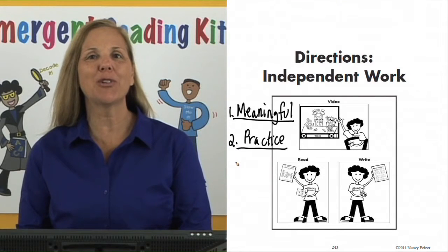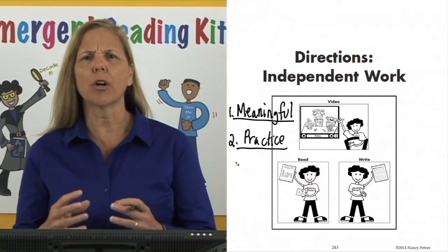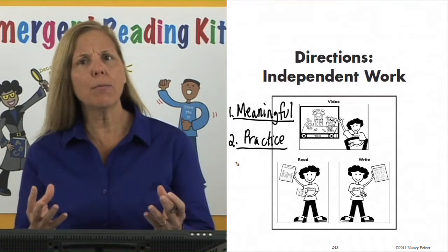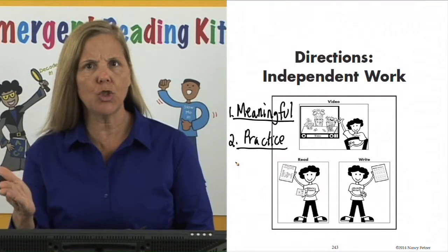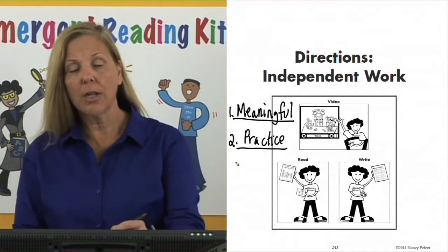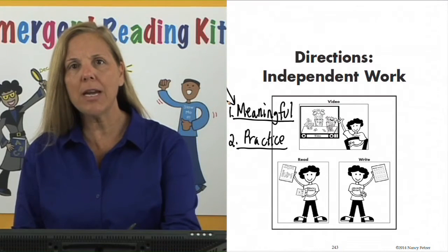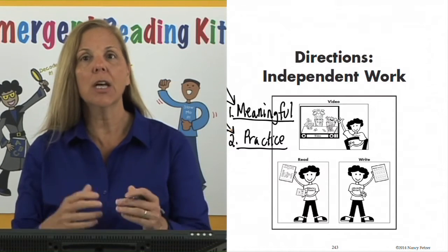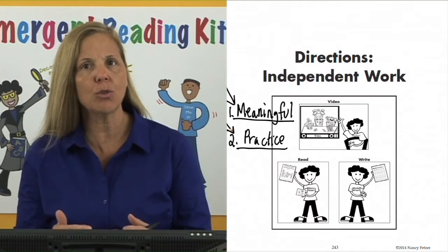Please turn to page 243 for the independent work chapter. Independent work is critical in any reading program. When you are meeting with students in small groups, what are the other students doing? That's one concern that teachers have. This program provides meaningful work as well as practice that directly aligns to what you just taught students in their